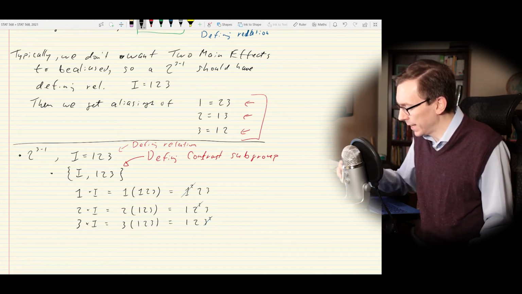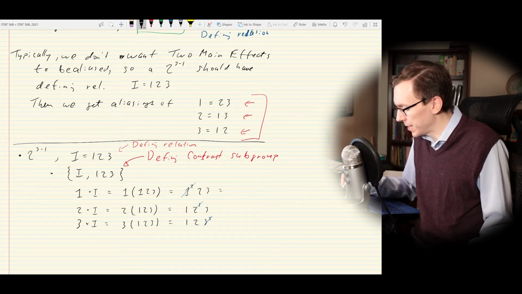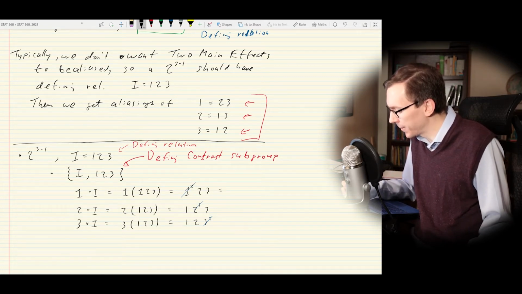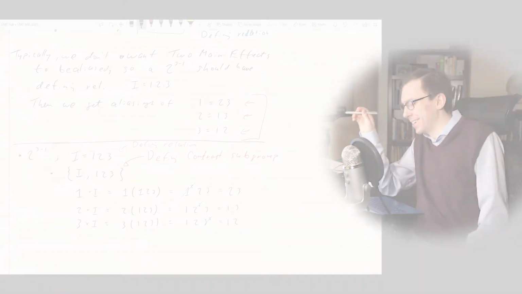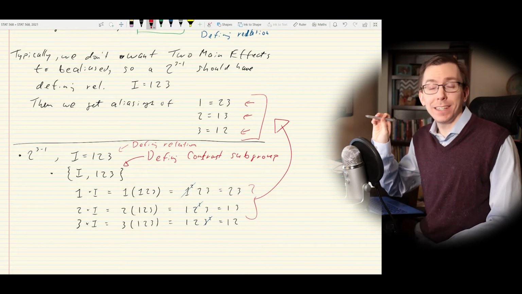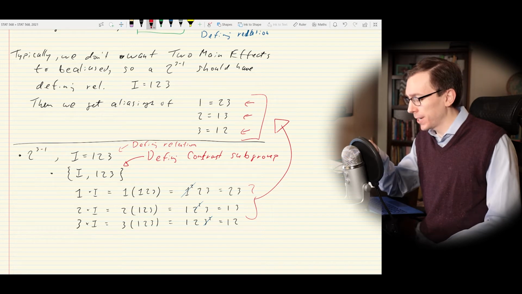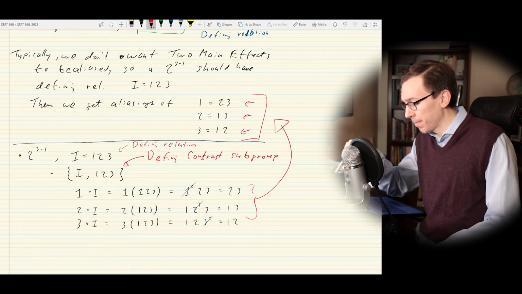And I'm left with the relations, the equations that I had right above there with those red arrows pointing at them, which I think is a bus line here in Alberta. But anyway, side tangent. So by using the defining contrast subgroup, we can recover the relations from up above by